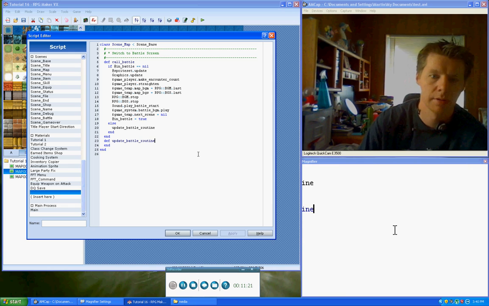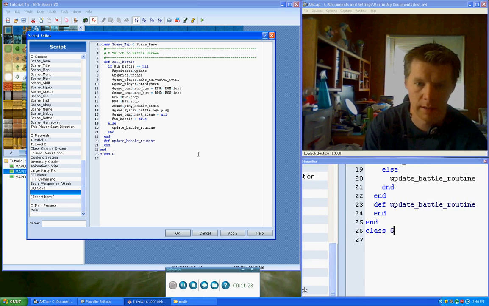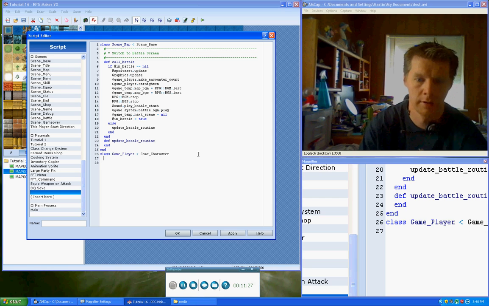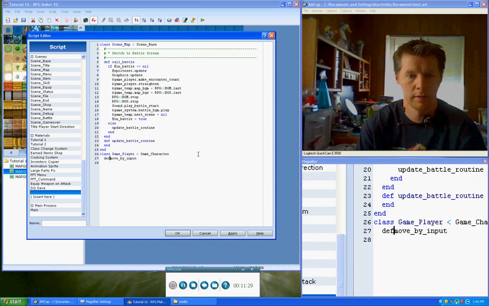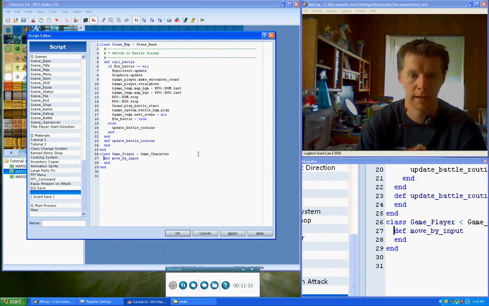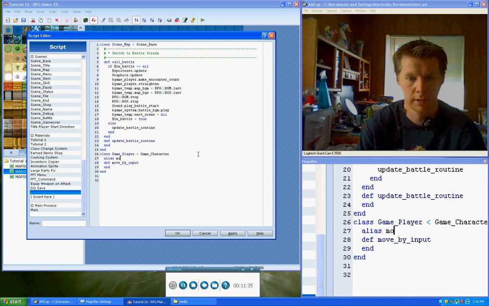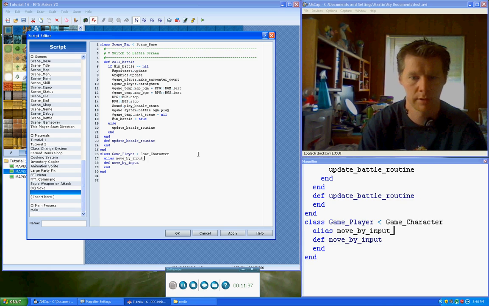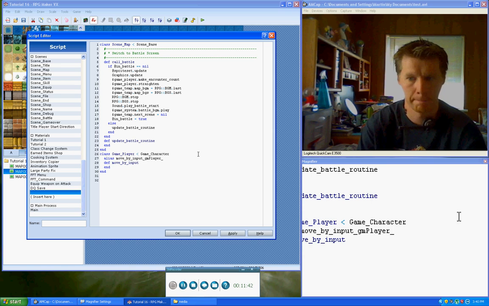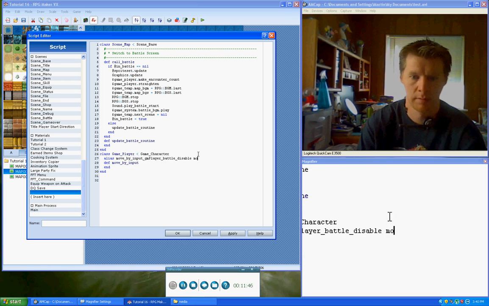So here we just go and say class game player less than game character, move by input, and then we're going to alias this, alias move by input game player battle disable, move by input,